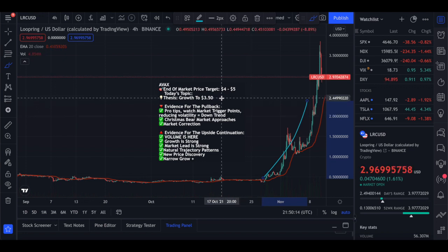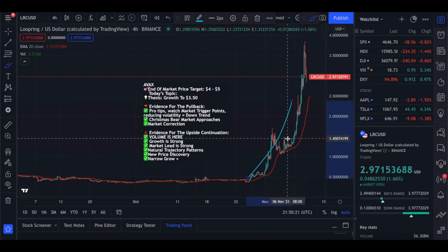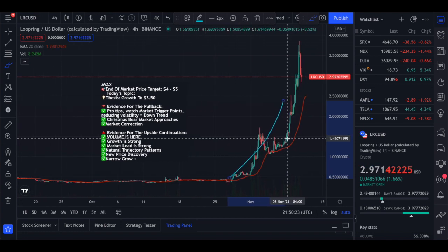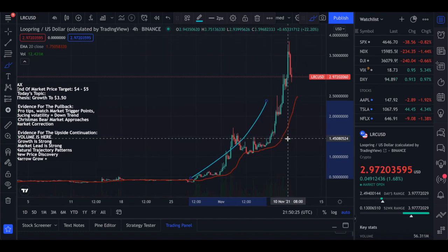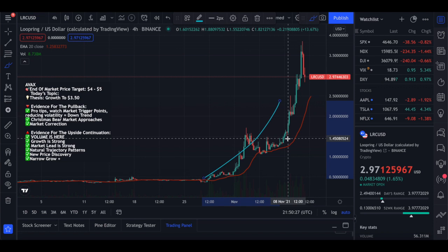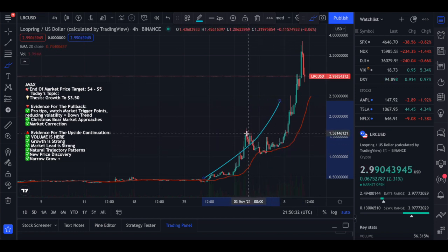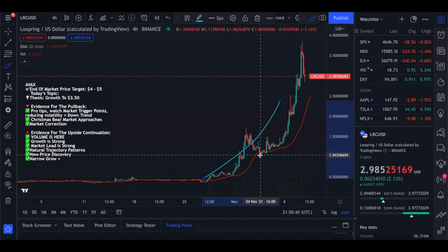So there you have it, ladies and gents. My quick summary, my quick price analysis and price prediction on Loopring. I haven't got much to go into because, to be honest, I'd usually go into patterns. But the reason I'm not going into patterns is because the first pattern that's starting to occur was a huge correction. And I say this is a huge correction because it went from around $1.70. That's actually kind of crazy to think about.